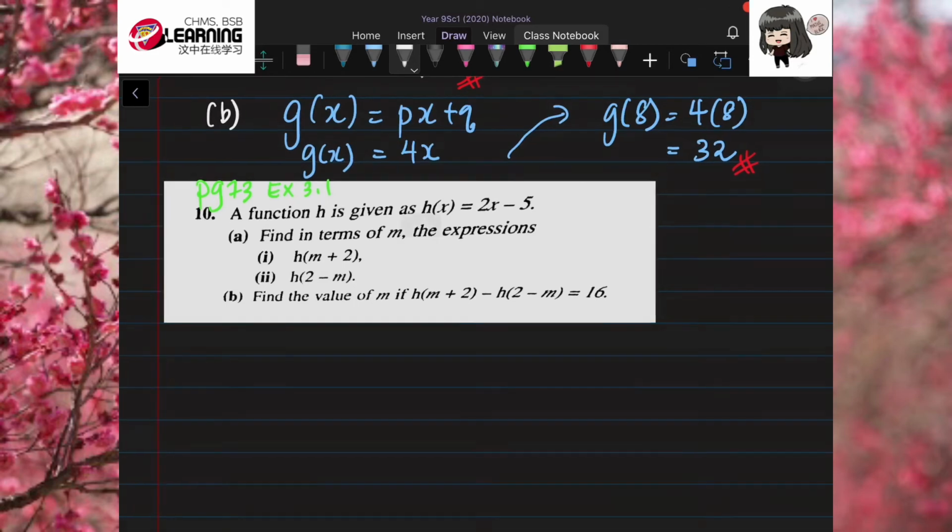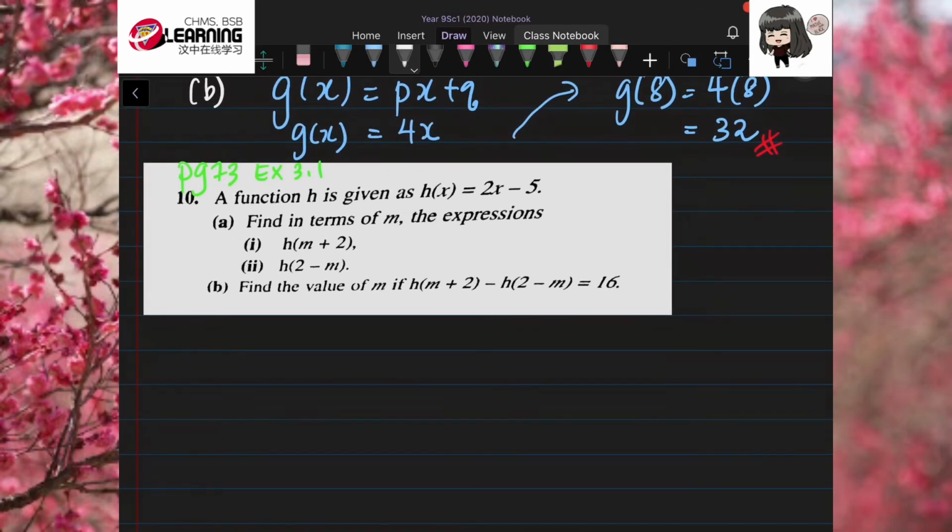We go to question number 10. A function h is given, which is h of x equals 2x minus 5. Find in terms of m. In terms of m means that your answer must have m in it. So your answer is not only numbers but with m. Okay, the expressions of h